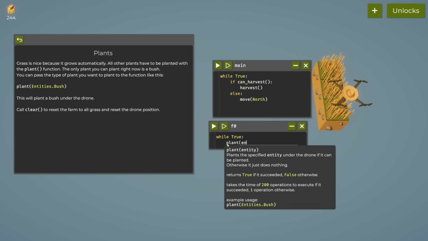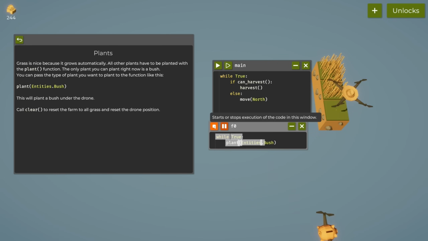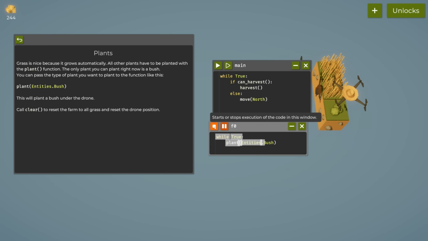Then we do Entities.Bush. Entities.Bush. So what happens now? Okay. So while true, plant that. Now, can I do... So basically we want to plant a bush. And then we want to move...